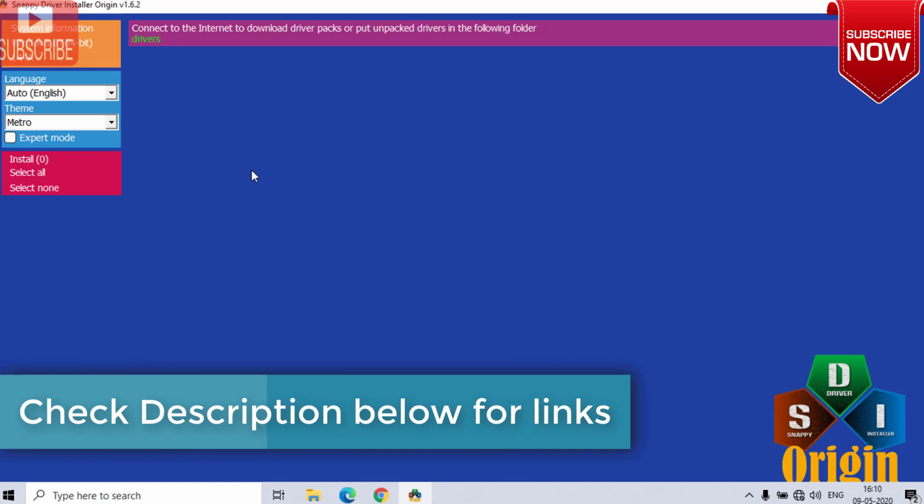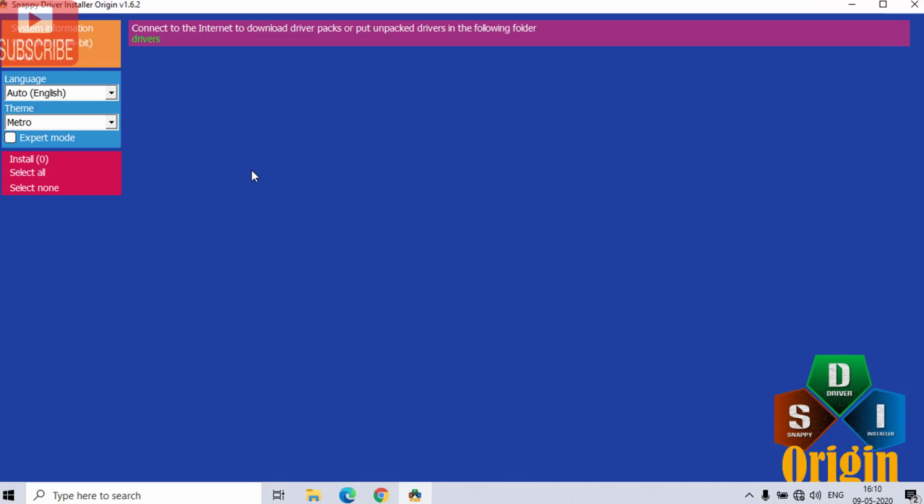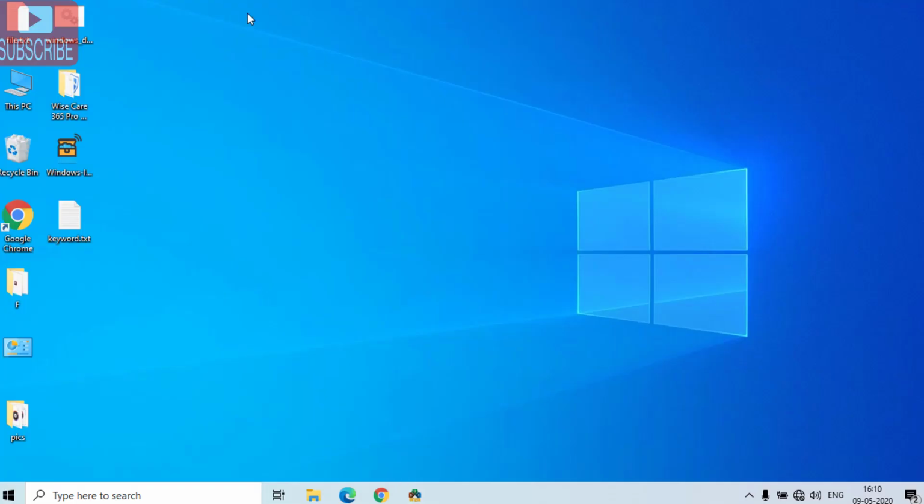If you do not know how to use this software, I'll provide the complete tutorial in the description so that you can view it and install the latest motherboard drivers on your computer. It's just a click away, so you do not need to worry. Everything will be done by this software. You just need to connect your computer to the internet and this software will install the latest motherboard drivers on your computer. This is the third step.